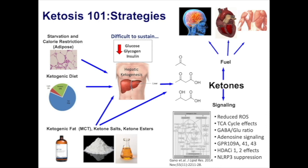They're not packaged into chylomicrons like the long chain fats. And then ketone salts and ketone esters are metabolized partially in the liver, but mostly spill into the blood and then rapidly elevate ketone levels. Like a ketone ester